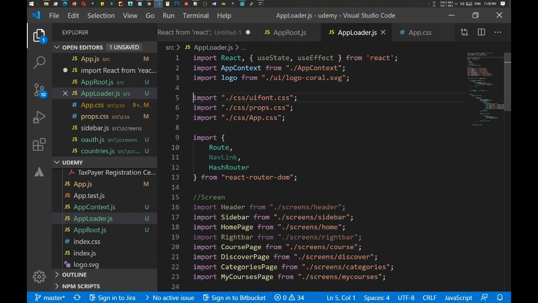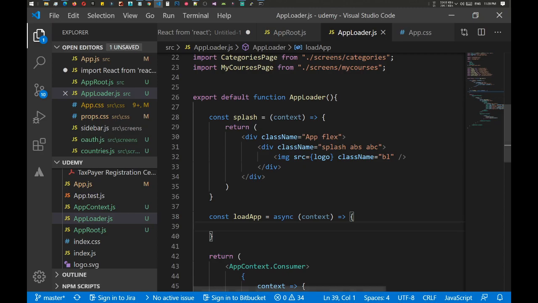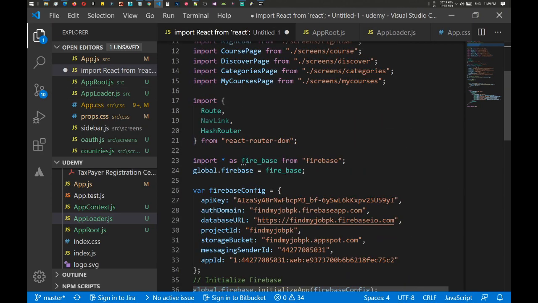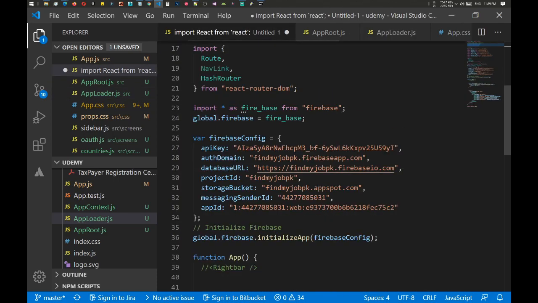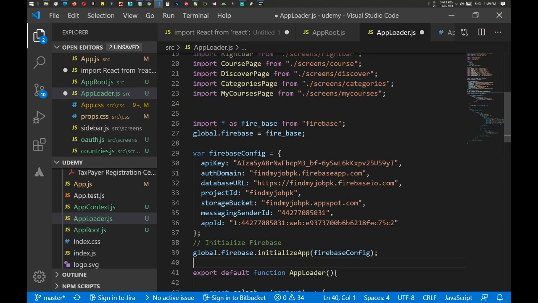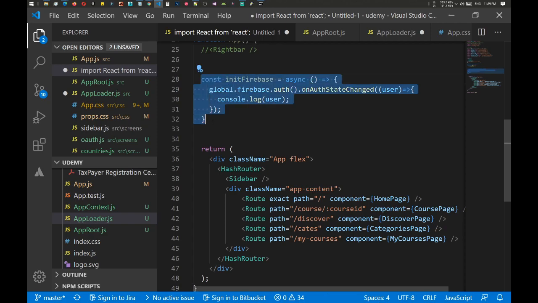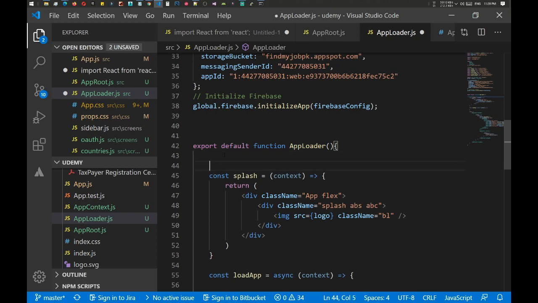And if we go inside our app loader, we need to create a couple of things inside our load app, and the load app will use a couple of things. And first one is, if I am not importing, yeah, so let's import star as Firebase from Firebase, and global load Firebase is this one, cut and paste inside the app loader, because app loader is our least parent, and we need the init Firebase here as well. So quickly add here,